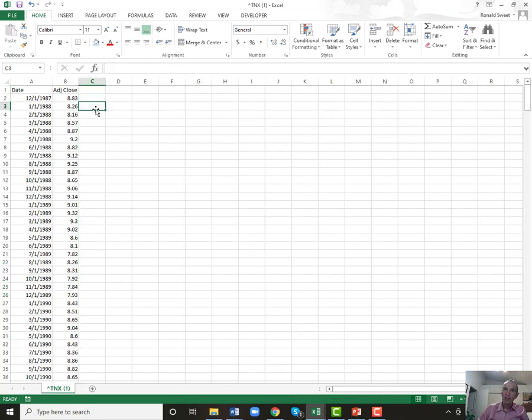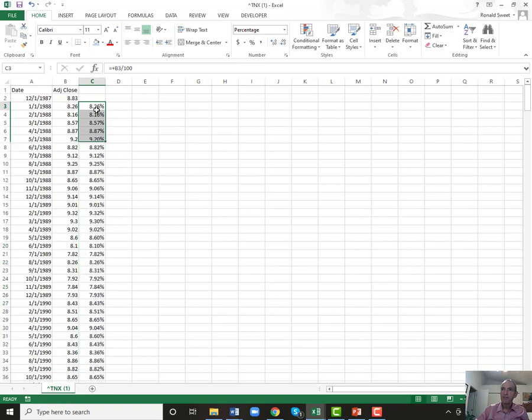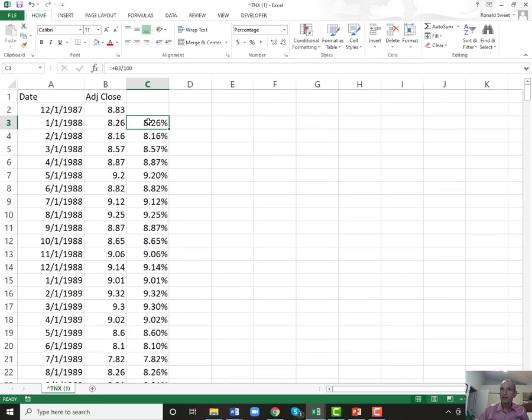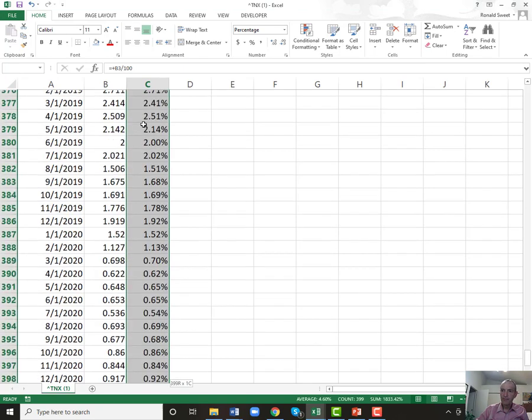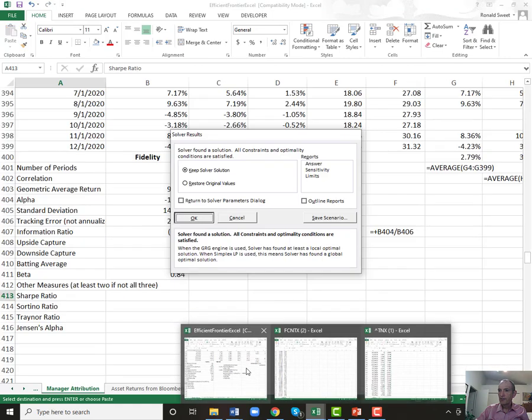And we want to start January 1988. I want to convert these into actual percents, so I'm going to take that divided by 100 and copy that down, change it to percents. And then I'm going to copy this. So here's my risk-free rate back to 1988, the 10-year Treasury. I'm going to take that and copy it, take it over to our file,